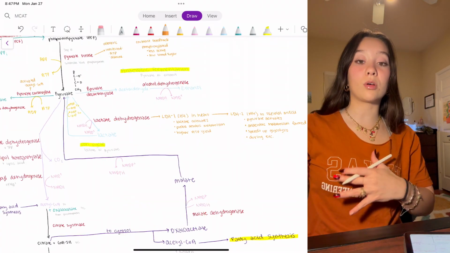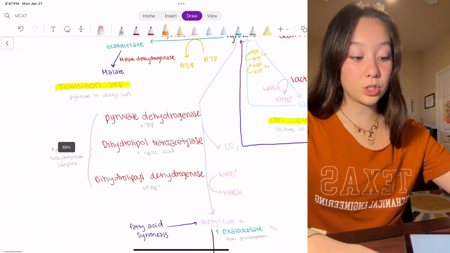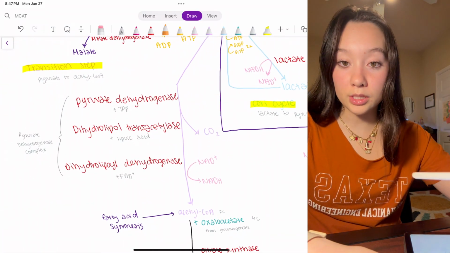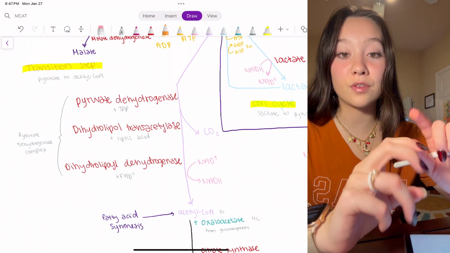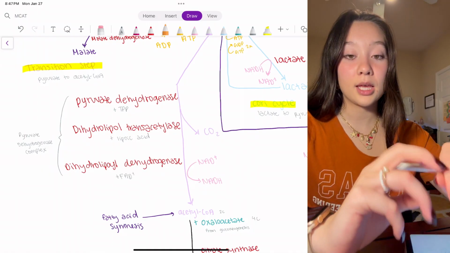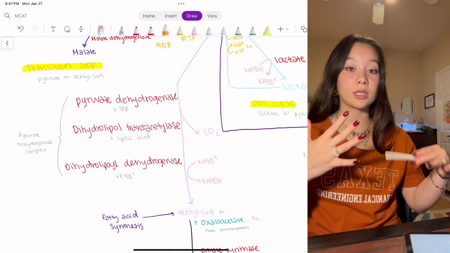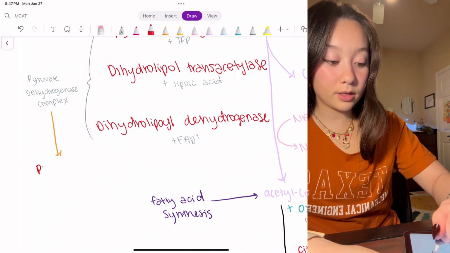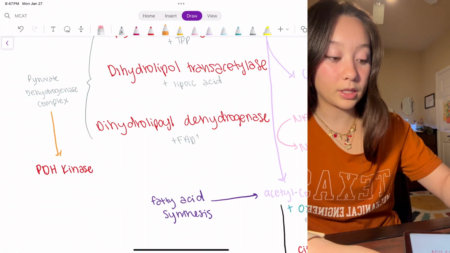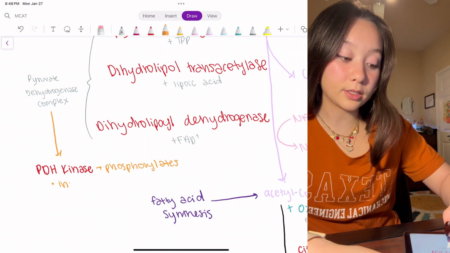So now we're going to move on to the transition step and then the Krebs cycle. For the transition step, there are two enzymes called PDH kinase and phosphoprotein phosphatase. These two enzymes phosphorylate and dephosphorylate the pyruvate dehydrogenase complex. So I'm going to write down these two. PDH kinase phosphorylates, and this makes an inactive form